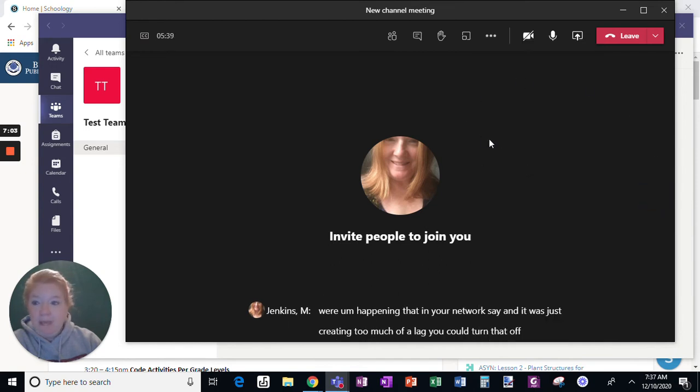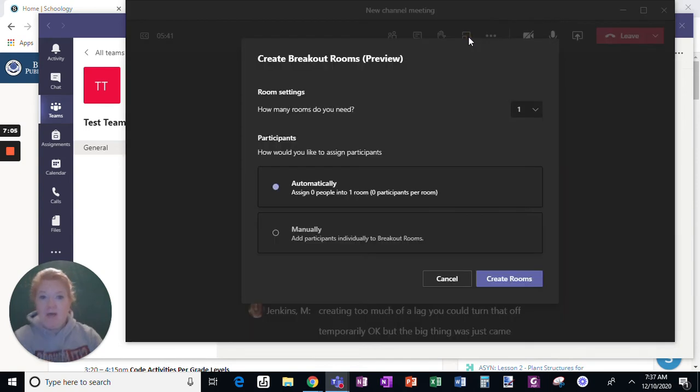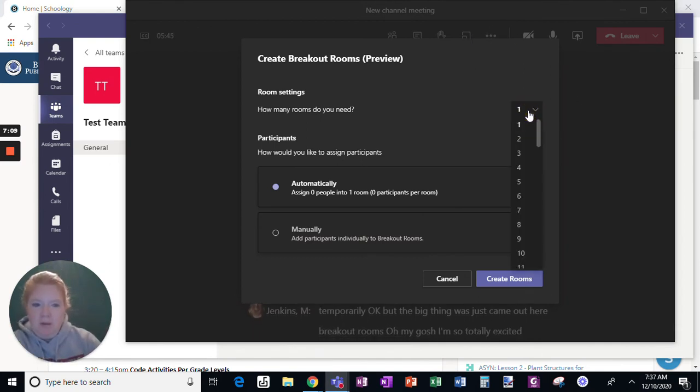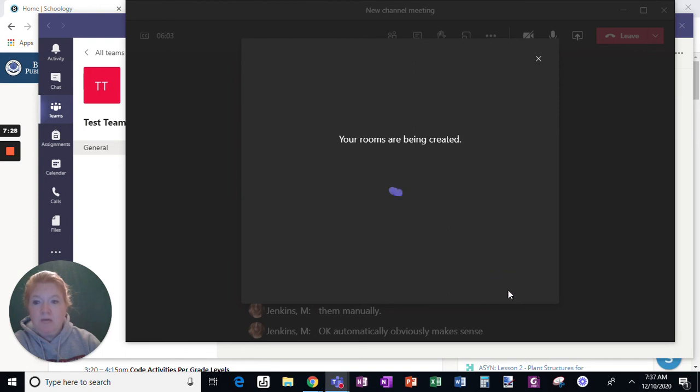Okay, but the big thing which just came out here, breakout rooms. Oh my gosh, I'm so totally excited. Here you automatically decide how many rooms you want. Okay, so say I'm dividing my students into 5 groups. I just say right here, assign them automatically, or I can assign them manually. Automatically obviously makes sense. Manually, when you create your rooms,